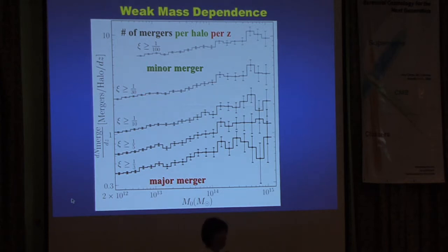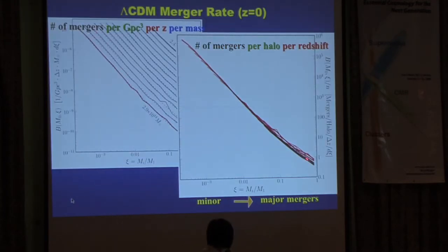the merger rate as a function of minor versus major merger mass ratio, I can now plot the total number of mergers, or the sum over different ranges of progenitor mass ratios, as a function of the descendant mass. This axis was showing up as different colors in the previous slide. So the fact that all these curves are very flat is exactly reflecting the fact that at a given mass ratio they're all pretty similar, with the massive halo experiencing a slightly higher rate of merger.